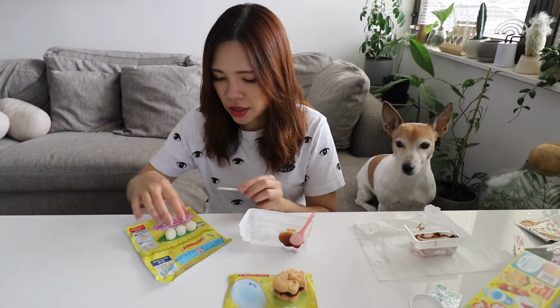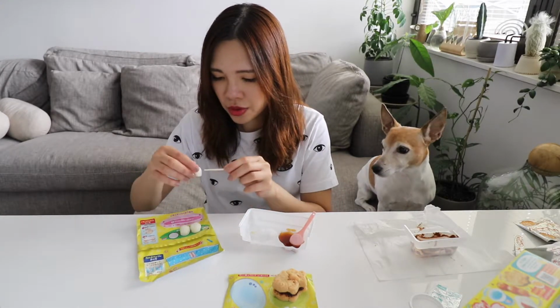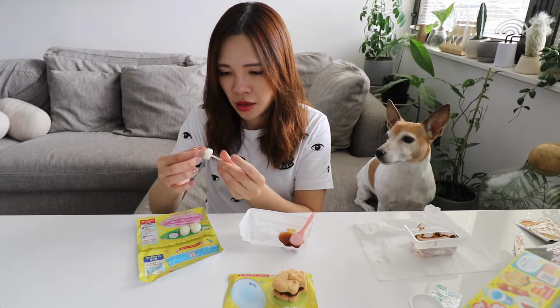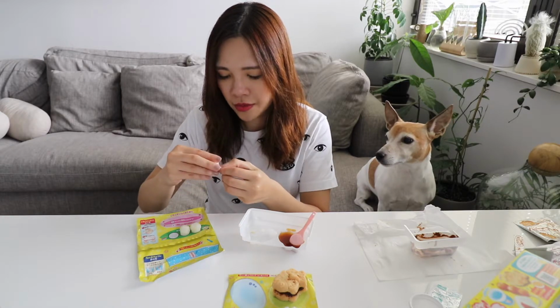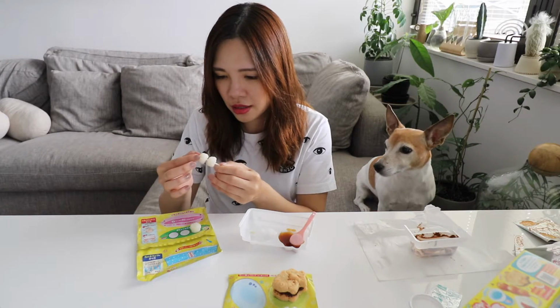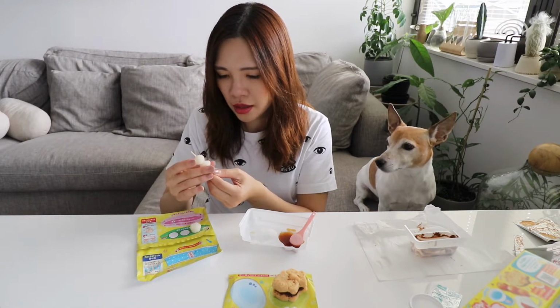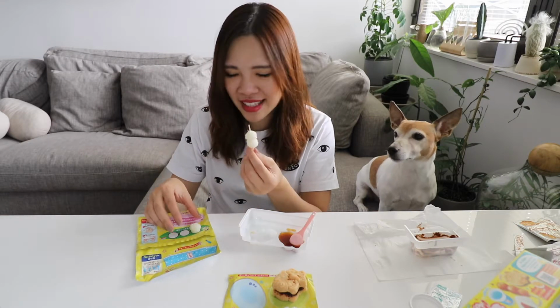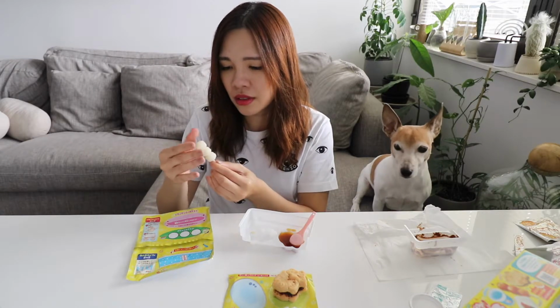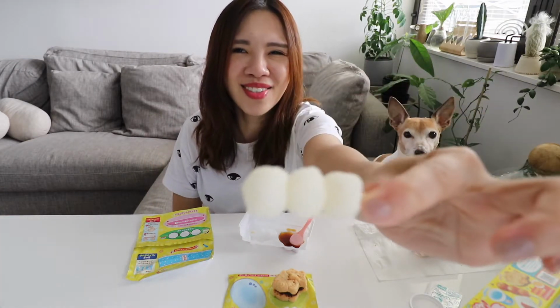So next, what I'm going to do is put those Odango balls on this skewer, poking them right through, making sure they stay in shape. That's pretty easy. Oh, don't jinx it. And you've probably seen them in the emoji as well on your mobile phone. There you go. So that's so cute. Odango balls. So what I'm going to do is put some of this sauce onto...